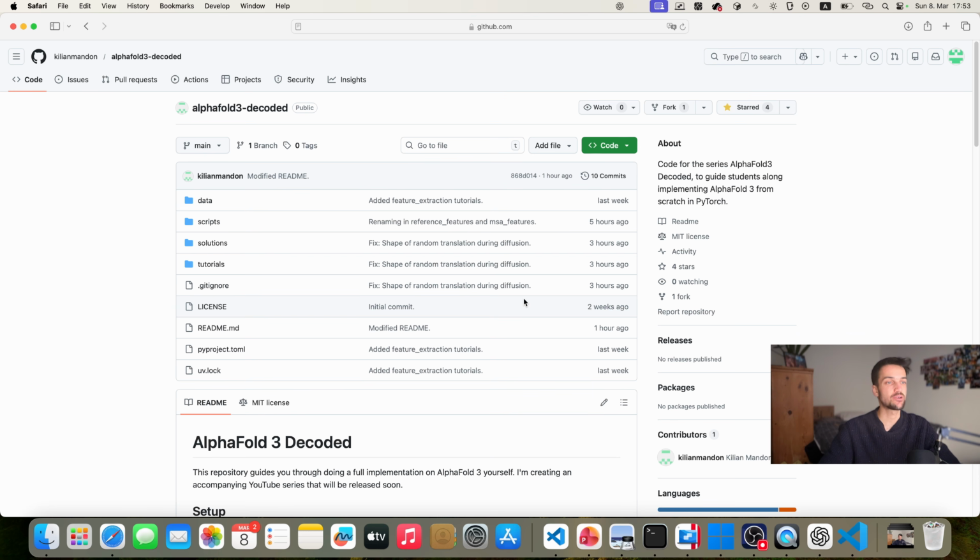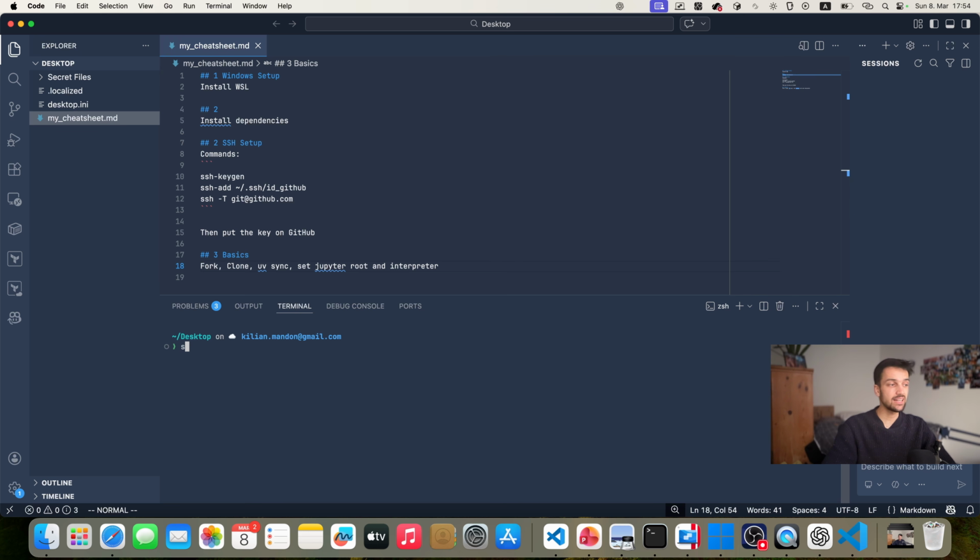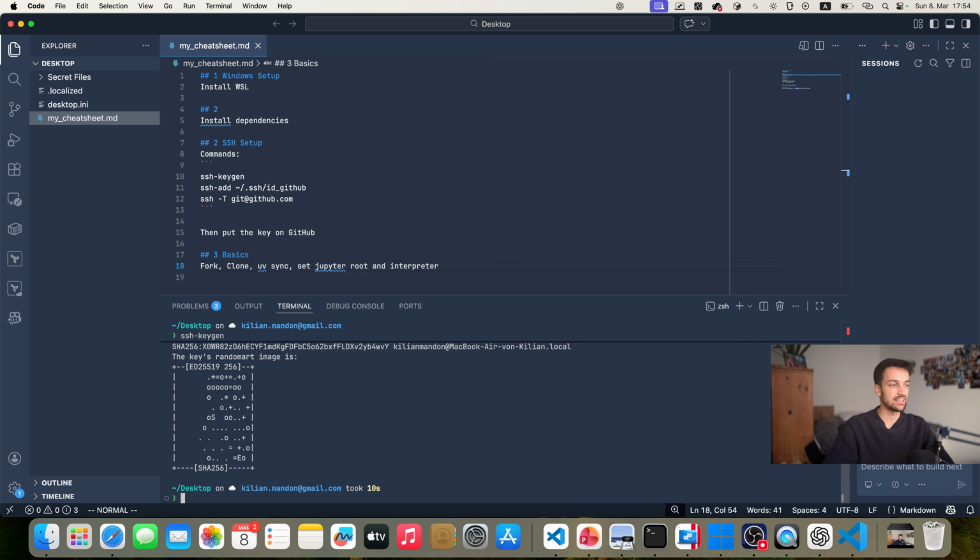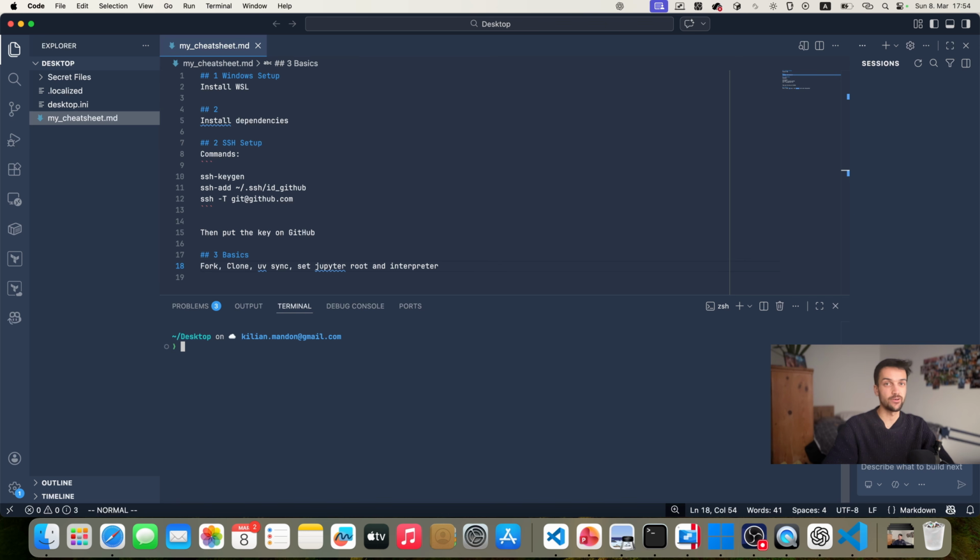And for that, it's practical to have SSH access to GitHub. So now in this terminal, I'm going to execute ssh-keygen to generate the SSH keys. I'll quickly put down the file path. I'll name the first one id_github. I'll create no passphrase, and the second one I'll create for accessing cloud machines, and for that I'll put the